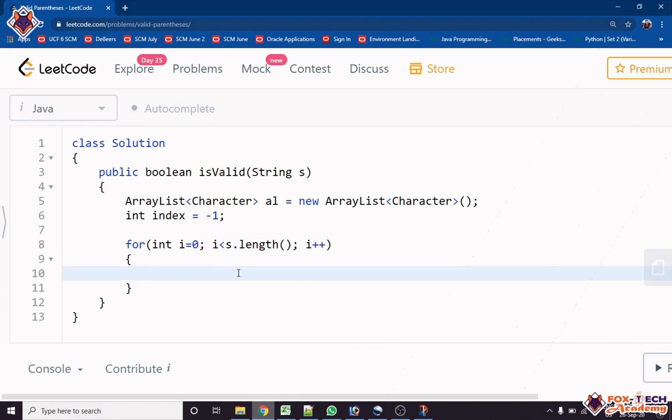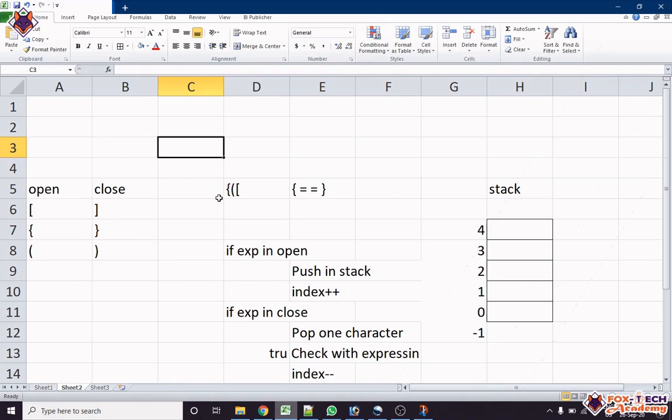So first we will take that character and check whether the expression's first character is an open or a close.